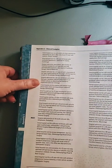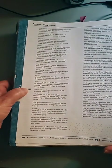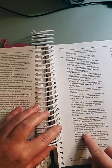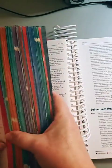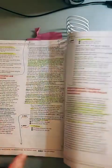But these are a great resource for all these strange codes that are consultation, hospital admissions. They go through and give you a ton of examples on what scenarios would work with that particular code. And you can pick these out and move these to the code right back in the front of your book and write them near the codes so that you can use them as a reference during your CPC exam